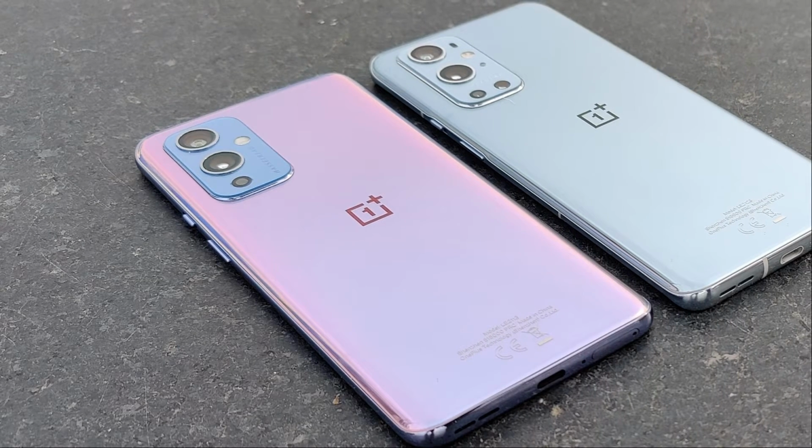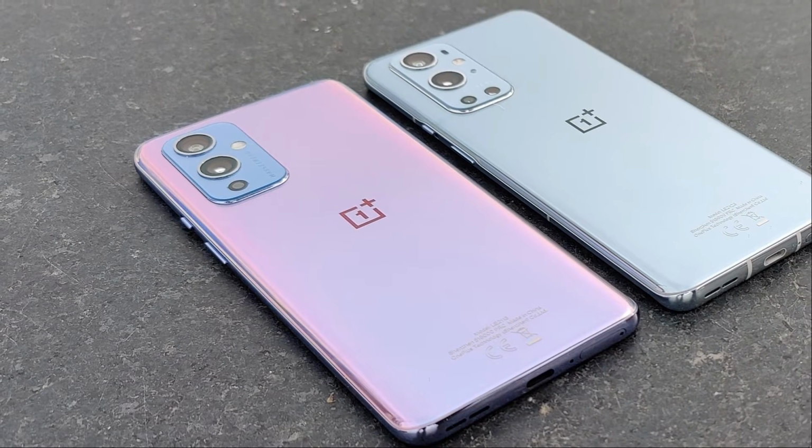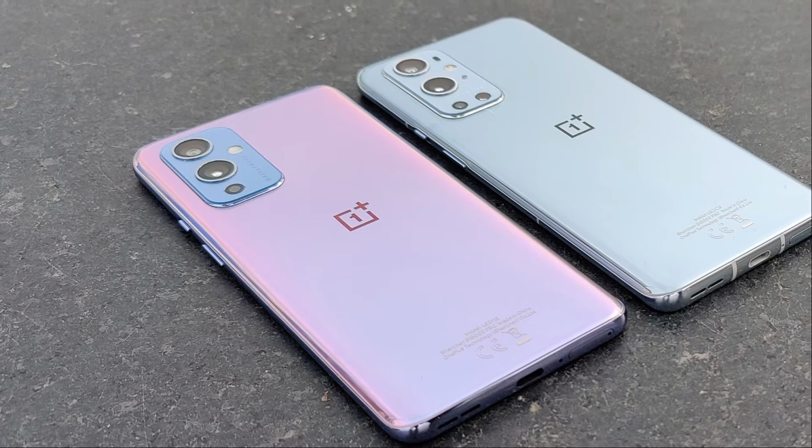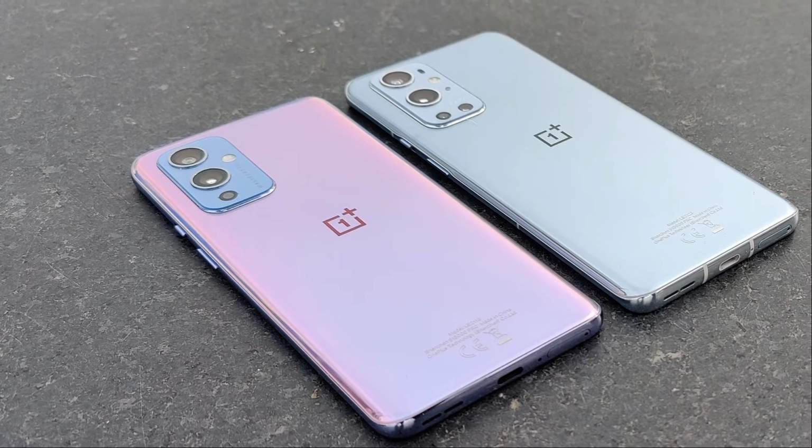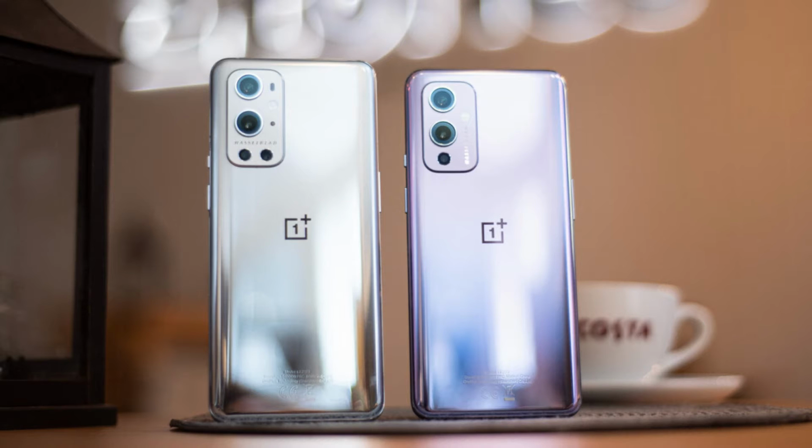So it's harder to reach. So that is one thing that I noticed as well, but it should still be fast just like the 7 Pro. And honestly, the biggest upgrade that you're looking at here is with the new Hasselblad partnership here. So you have a quad camera setup, a 48 megapixel standard, 8 megapixel telephoto, 50 megapixel ultra wide, and